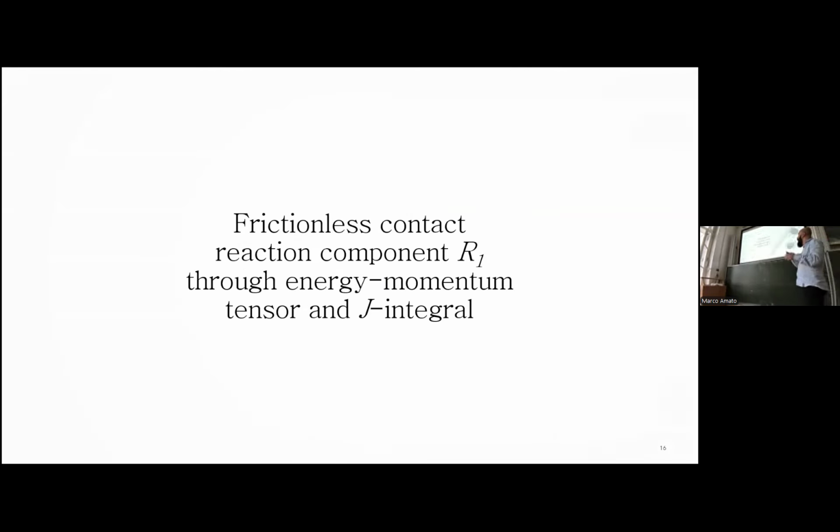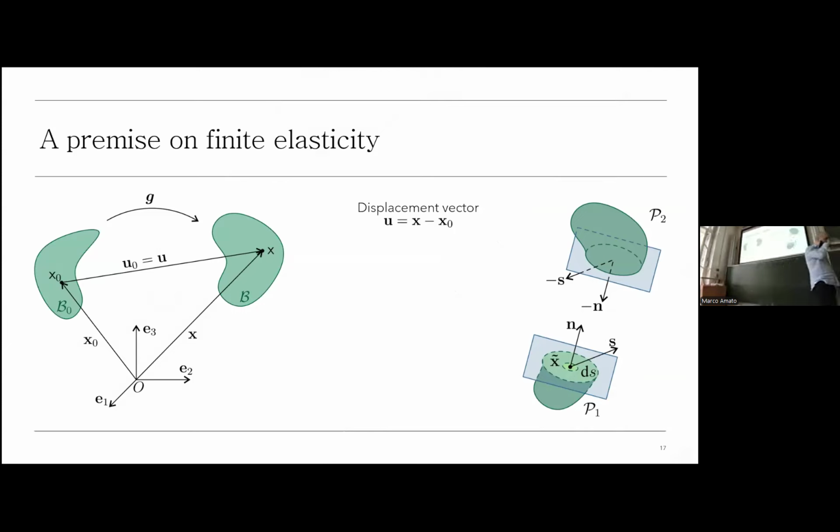But before doing that, let me give a very brief overview of finite elasticity. Let us consider an elastic body embedded in a three-dimensional Euclidean space, and let us consider two configurations for this body: B0, the reference configuration, in which a point of this body is x0, while in the current configuration it is mapped to x. Now we can define the displacement vector u as x minus x0. We can also define the deformation gradient as the gradient of the just defined vector u plus the identity,